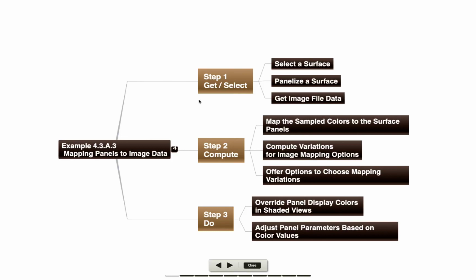For our next example, let's take a look at how we can use some external data, in this case some data from an image that we may have downloaded, and use it to affect our Revit adaptive panels. So again, to get our structure to respond to some external data, in this case an image, we're going to basically start by selecting the surface and panelizing it, and then getting some image